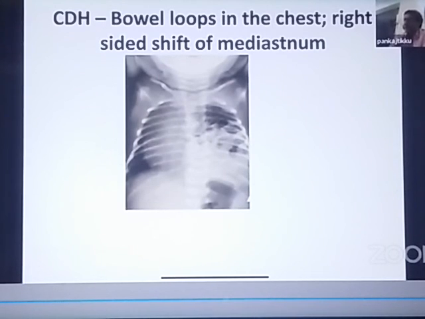You can see this is a typical X-ray of a diaphragmatic hernia. You can see the air-filled intestinal loops have entered into the chest cavity. This was one of the FMG questions, where an X-ray was given and they asked what is the disorder the child appears to be suffering from. You can see the intestinal loops. You can see the loops of the